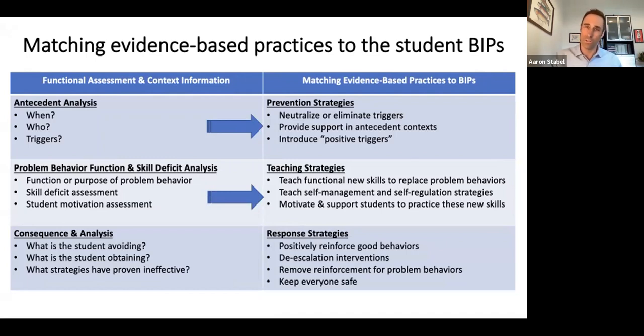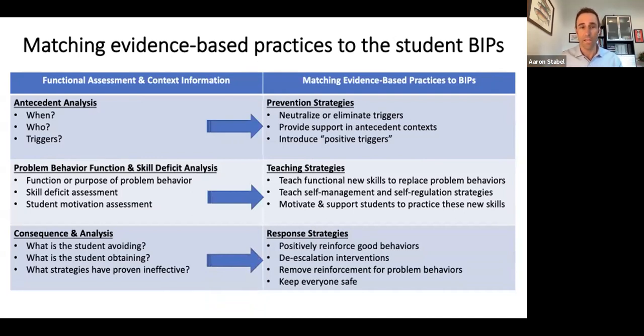And that's where we want to look at what I call the holy grail of a BIP, which is, what do we need to teach this kid to do differently moving forward? And then the holy grail is, how do we effectively teach them that? And Behavior Advantage guides you through how to sync up direct instruction, prompting, and motivation in order to teach social skills and replacement behaviors. This will all make sense when we get into the software, or you're already familiar with this concept, and you'll see how Behavior Advantage can really guide your teams to do this more effectively.